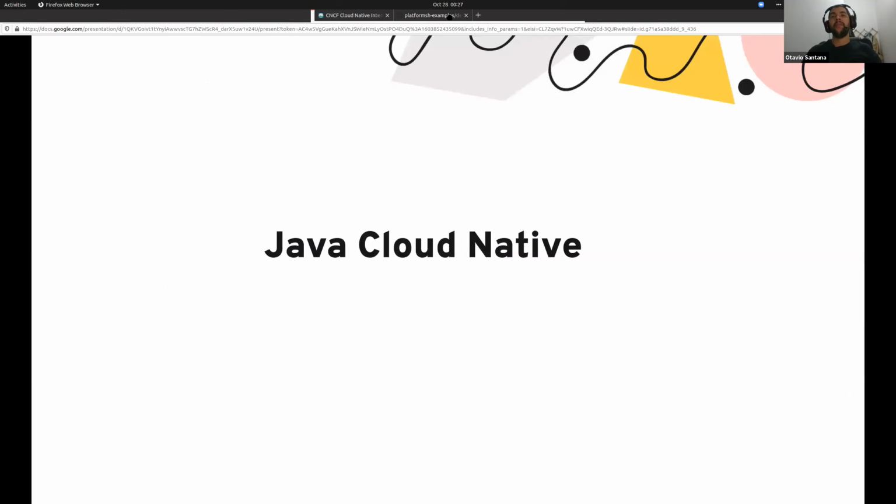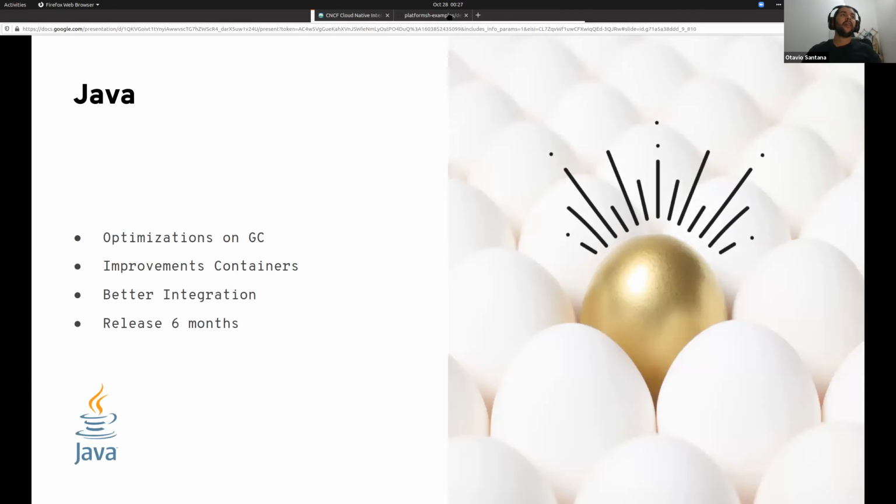This topic right now is to answer the question: is Java ready for the cloud native age? Yes, Java is ready for cloud native. The first point of my answer is the JVM itself, because it has several optimizations on the garbage collector to make sure it works better and lighter than the previous versions.